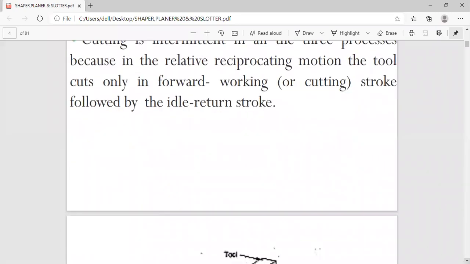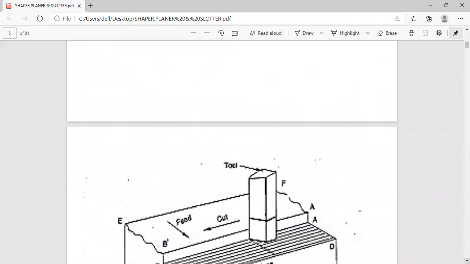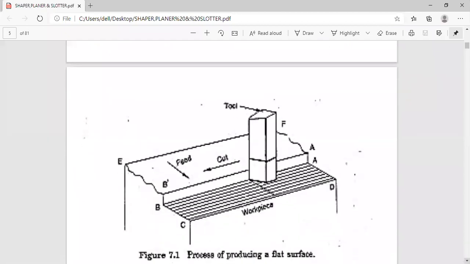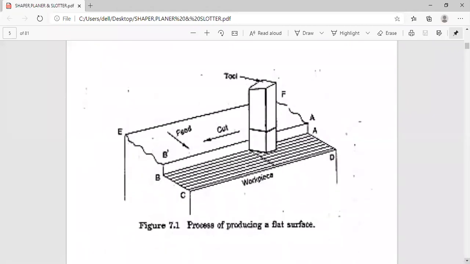For this particular topic we have good material also, like for the lathe, where we have referred to many PPTs, PDFs, and books. Just try to practice the problems, because if you are not practicing, they may ask in the short answers or the big ones. So how to produce a flat piece here?